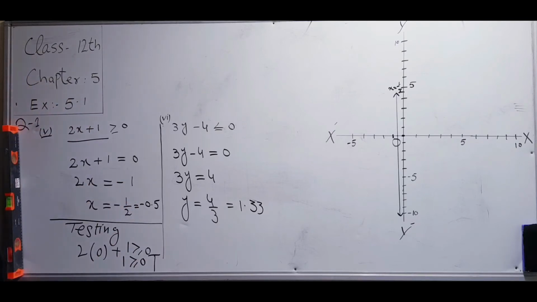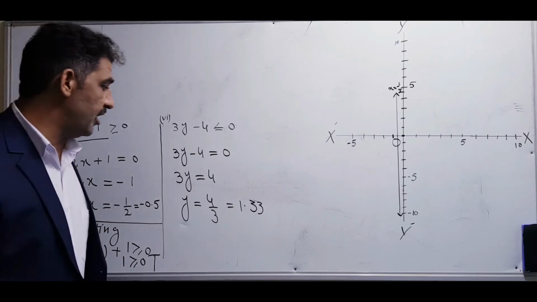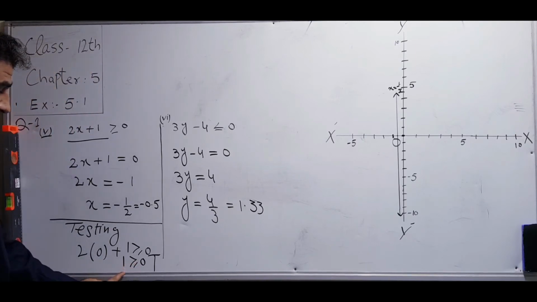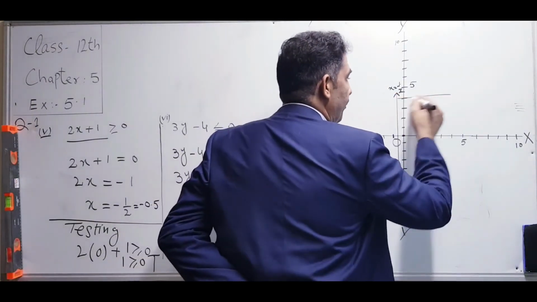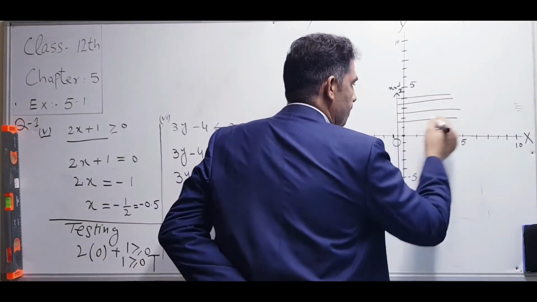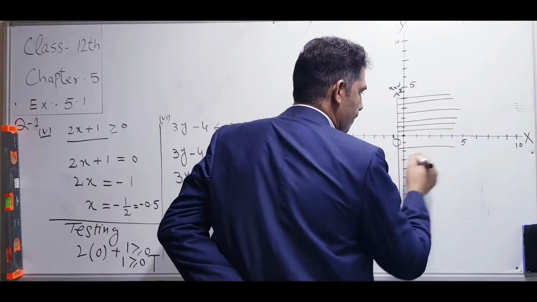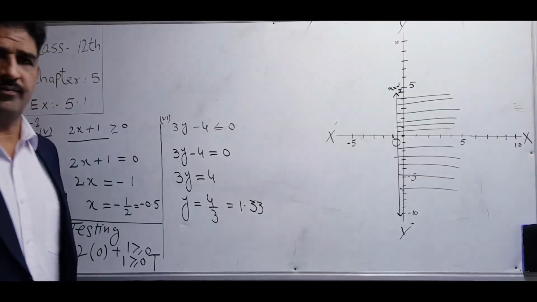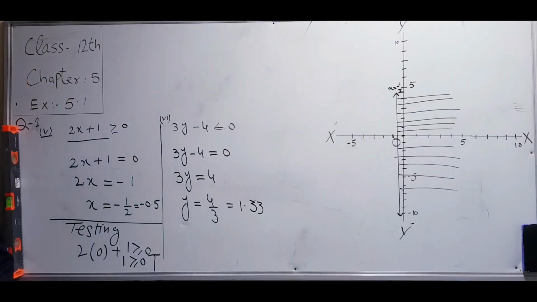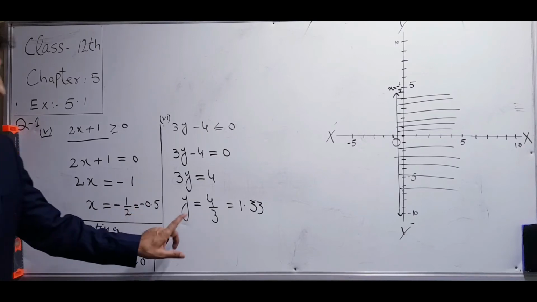If this condition is true, it means that you have to shade the portion. Which portion do you have to shade? The origin side. This is the origin side, so you have to shade this one. As you can see, that is our solution. Right? You understand? So in the same way, if we take this value,